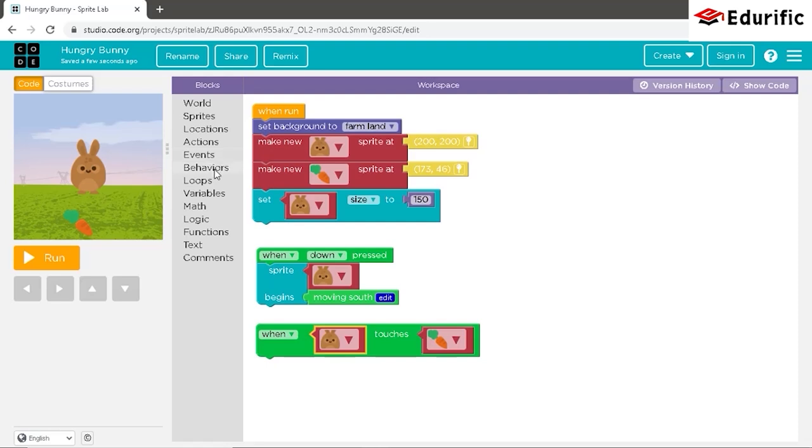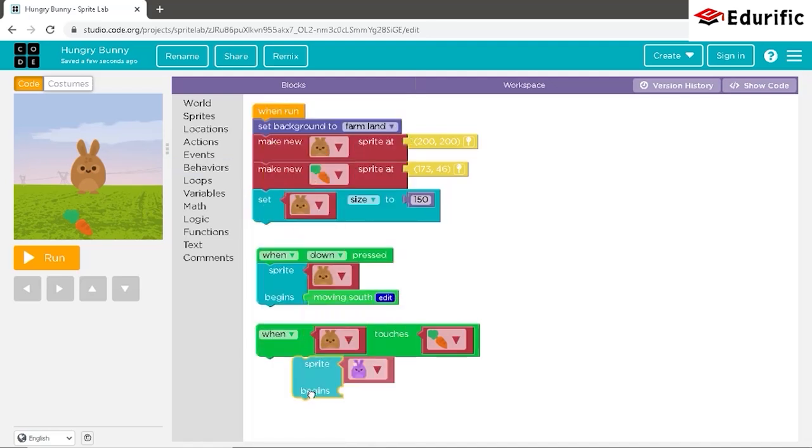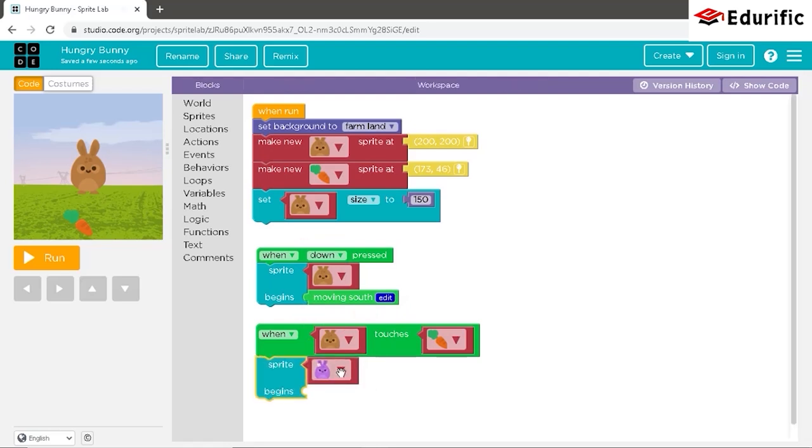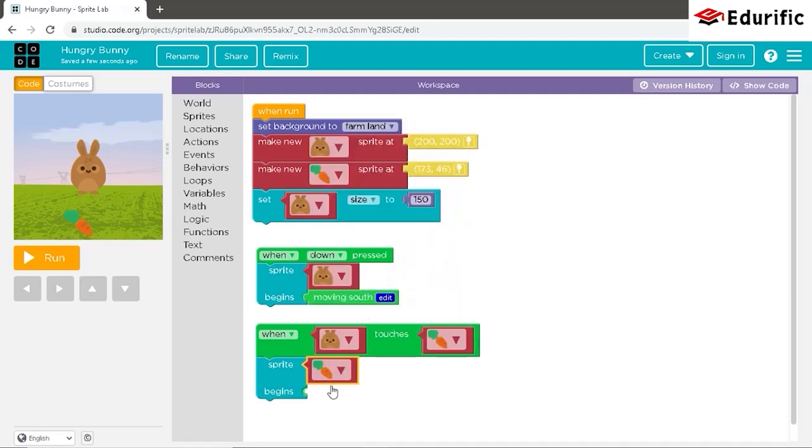and now we will be going to the behavior section and drag the command sprite begins. Here, since our sprite now is carrot, the sprite begins to shrink or disappear.